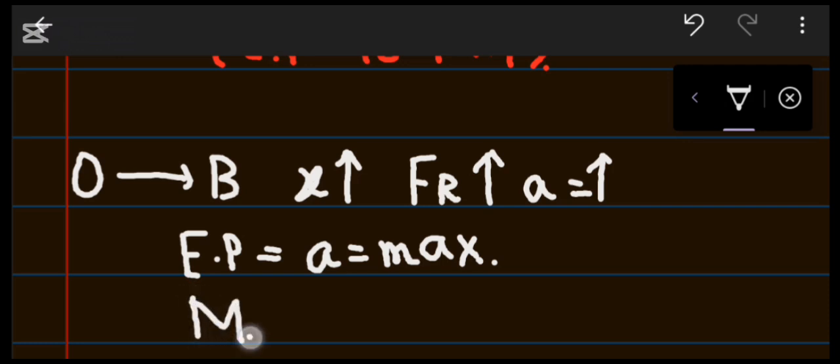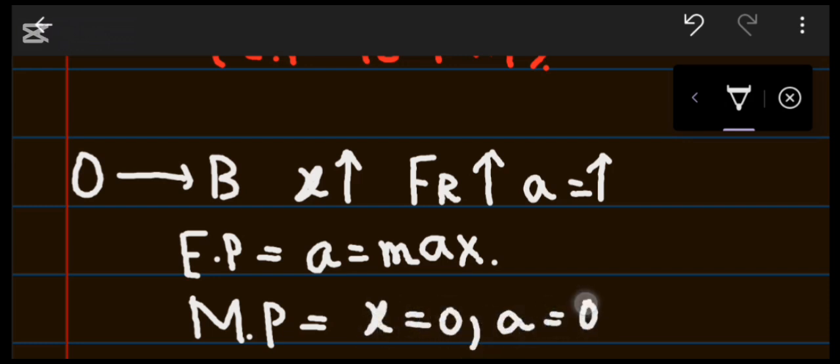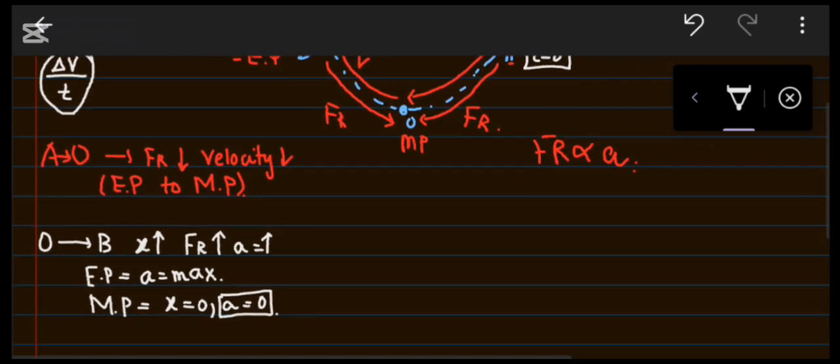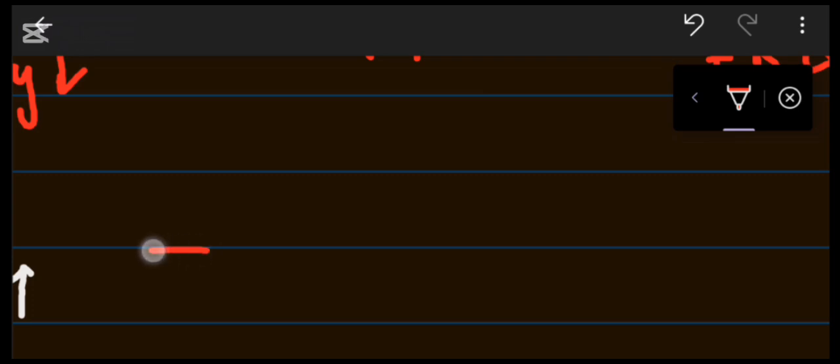And at the mean point, as we know, the displacement is 0, so acceleration is also 0. Since we know at the mean point the displacement or velocity change is 0, so acceleration will always be 0. But here you can see, as I told you, there was the acceleration which was away from the mean position, but the restoring force was